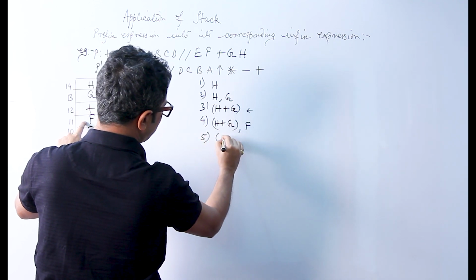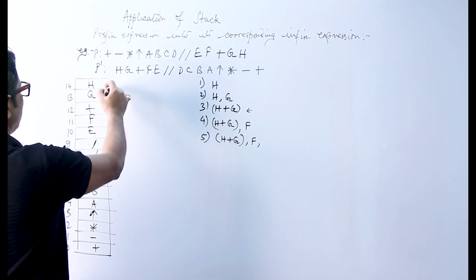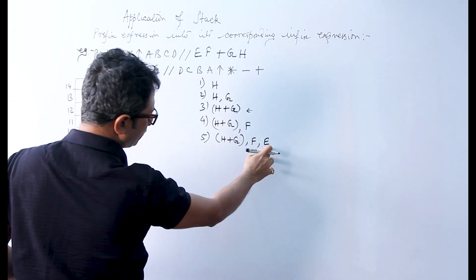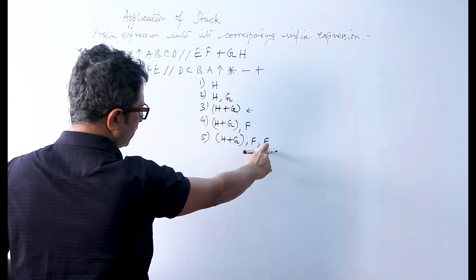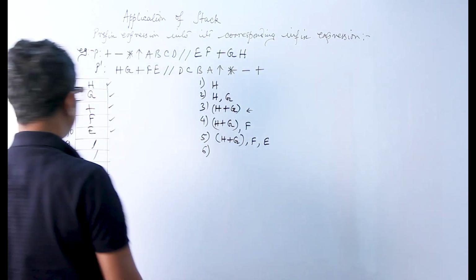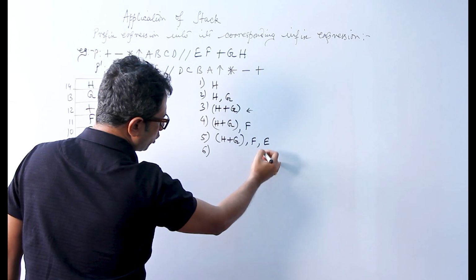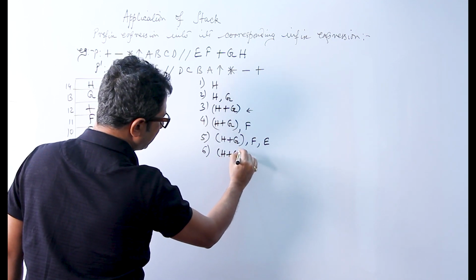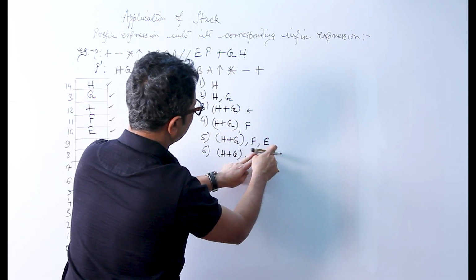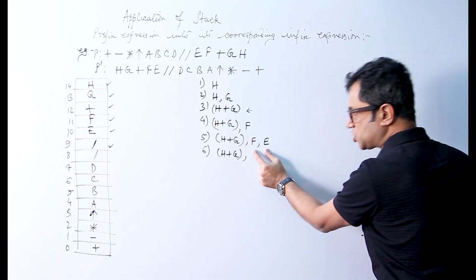Then fifth step is H plus G, comma F, comma this E. So we have taken this one, this one, this one, this one, and now we are going to take this E and push it onto the stack, so that the rightmost element is the topmost element of the stack, which is in this case E. So after that, in the sixth step, we encounter a forward slash, and forward slash will be operated upon these top two elements, that is H plus G will remain as it is and E and F will be popped, and the operation will be performed between F and E by means of inserting this front slash in between F and E, so that the result becomes F slash E,